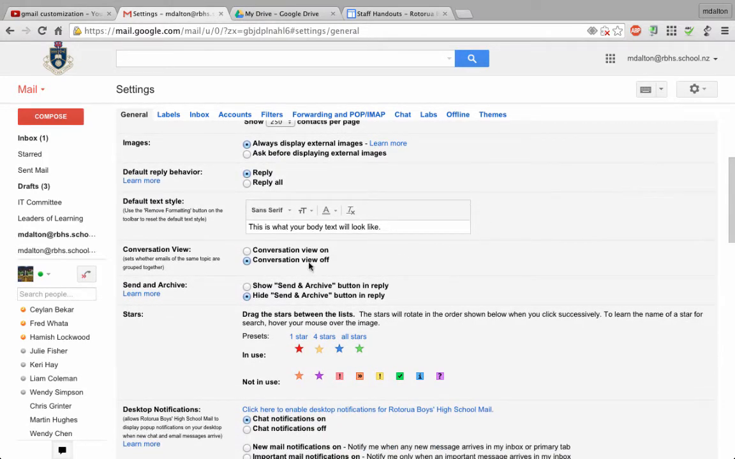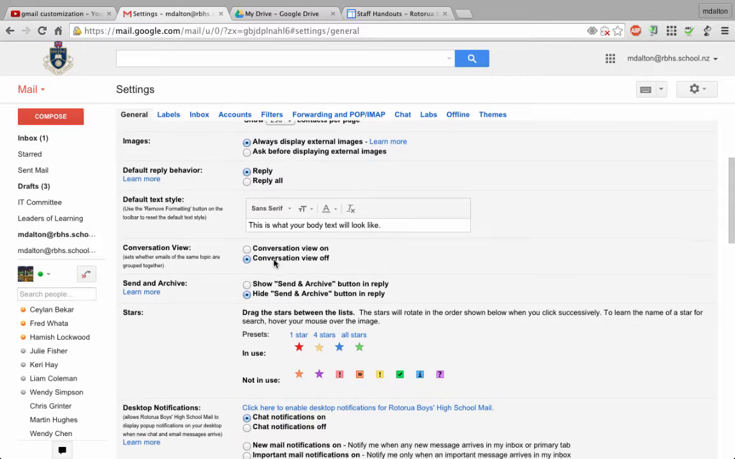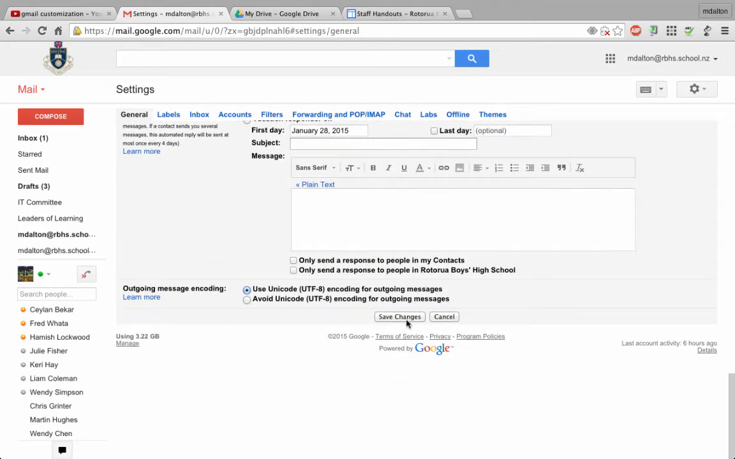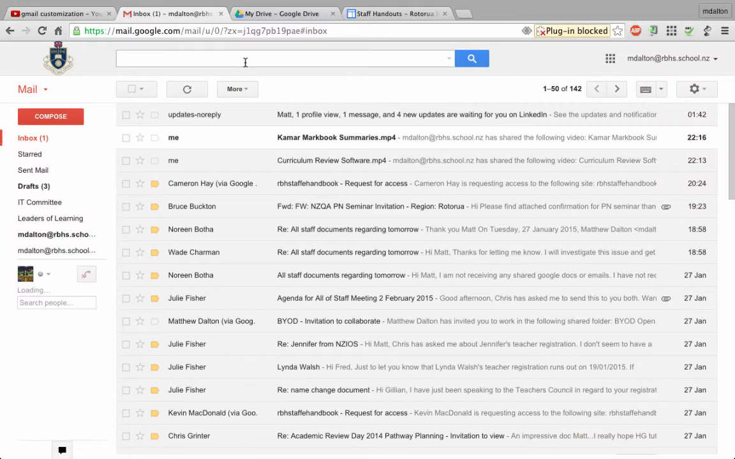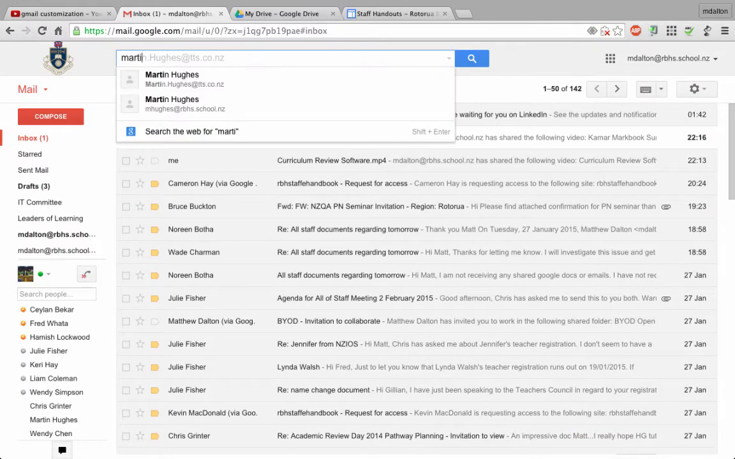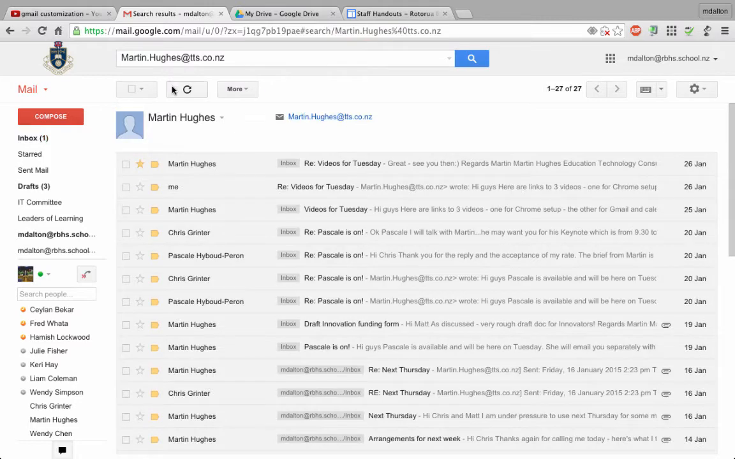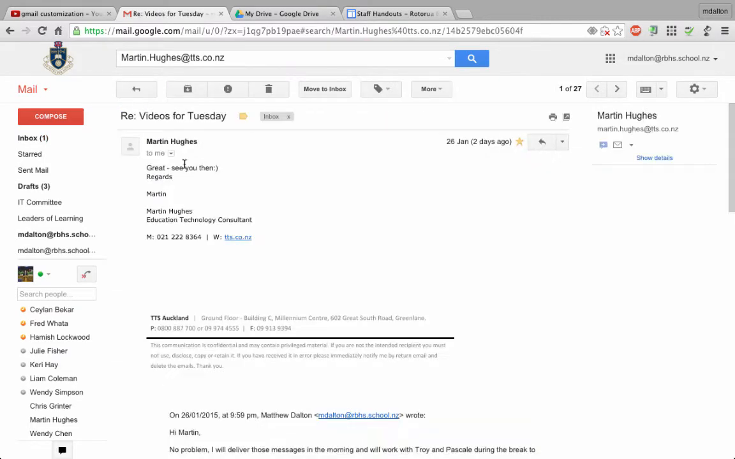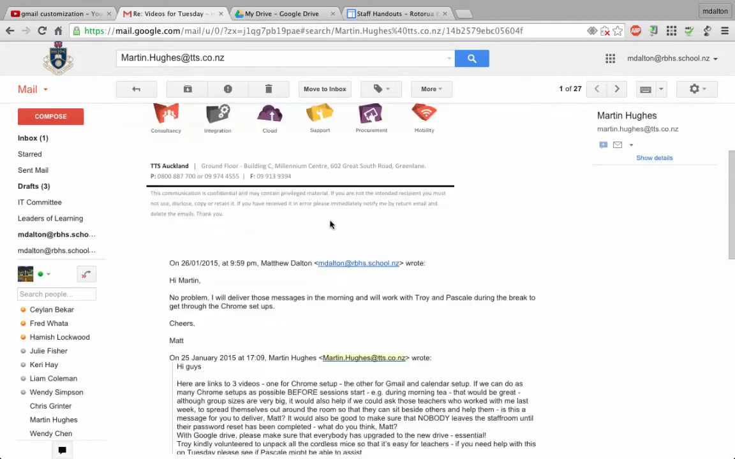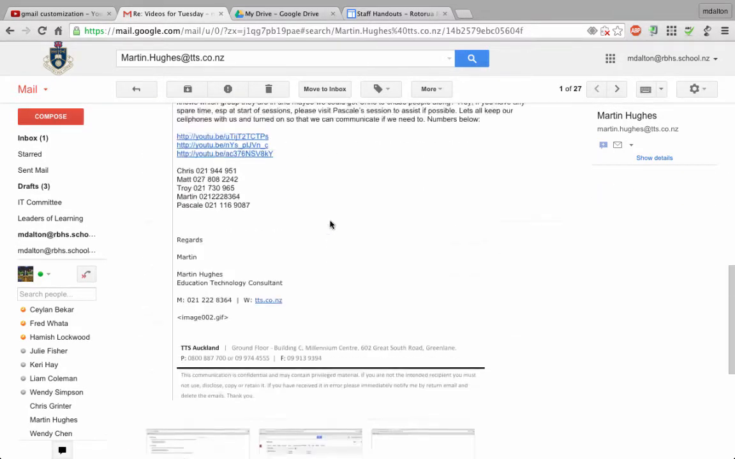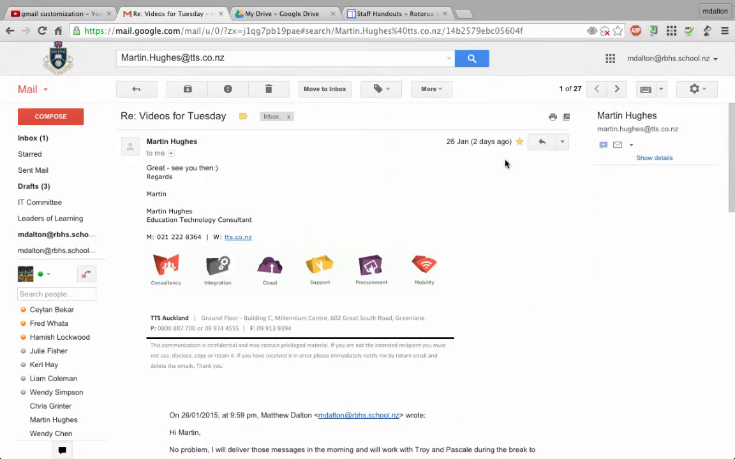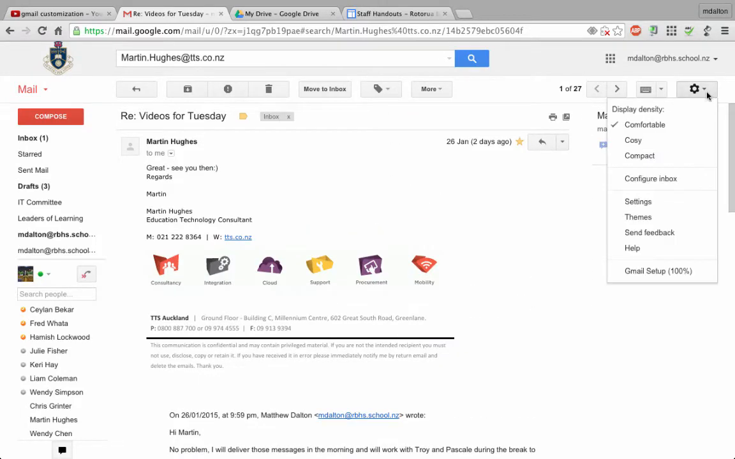And we're going to have a look at the difference between conversation view on and conversation view off. So I'll just leave that off for now. I'll save the one change I've made. Okay, now I'll find an email. This is an example of conversation view off. So email from Martin, back from me, and so on and so forth, just pile up one on top of the other. Now if I turn that into conversation view on,